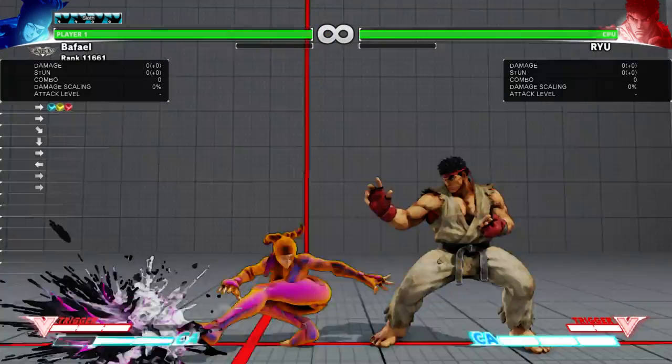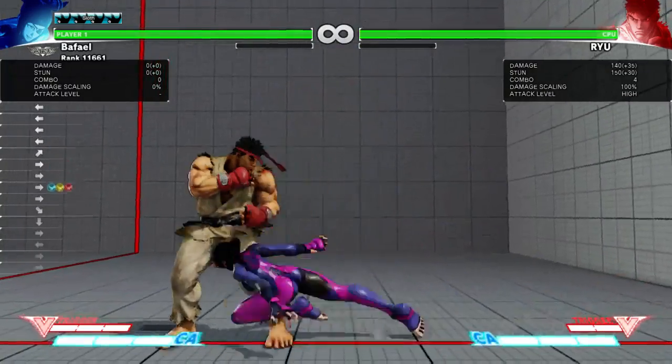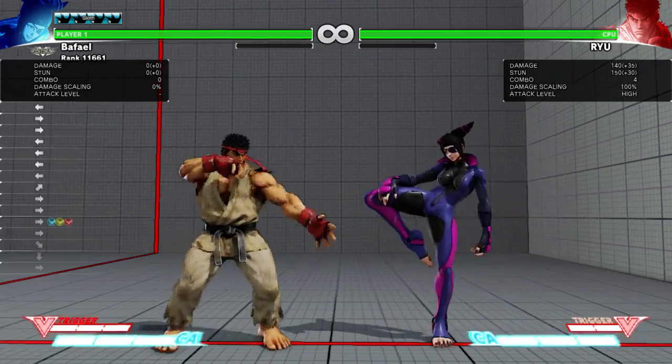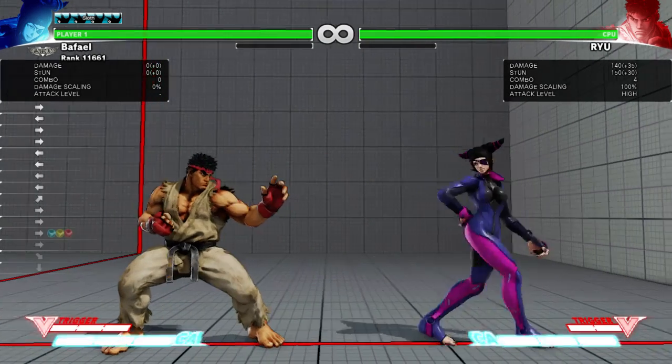So it's a really good attack to just kind of fish out. It can be bad to be -2, but the amount of block damage you do with this is kind of worth the -2, especially when it can work. The fact that it's safe just makes it really easy to fish with, and it's so fast. It's really good for